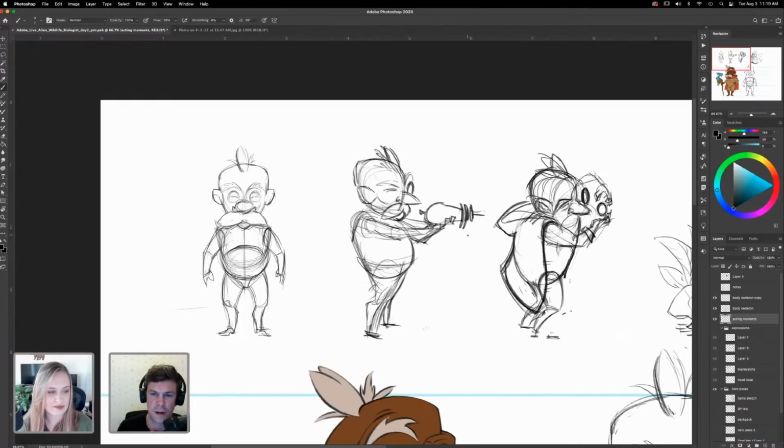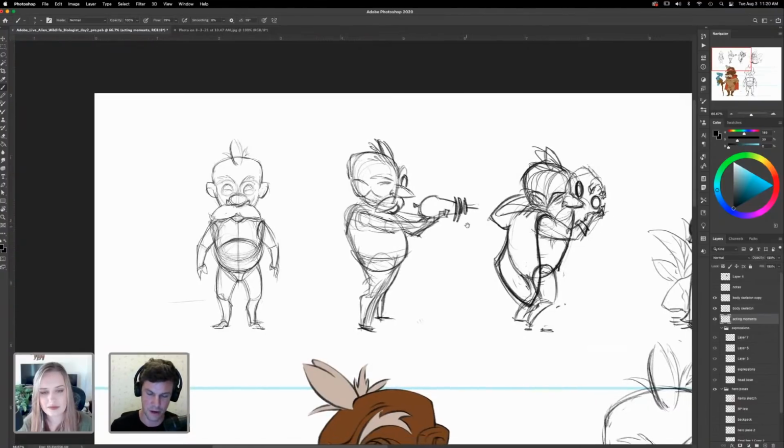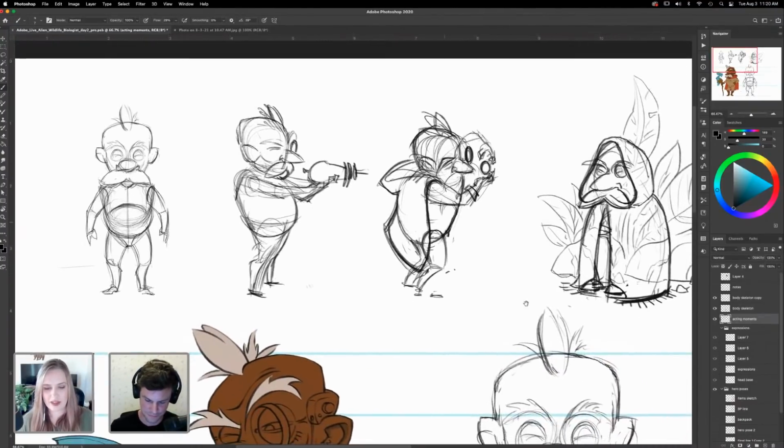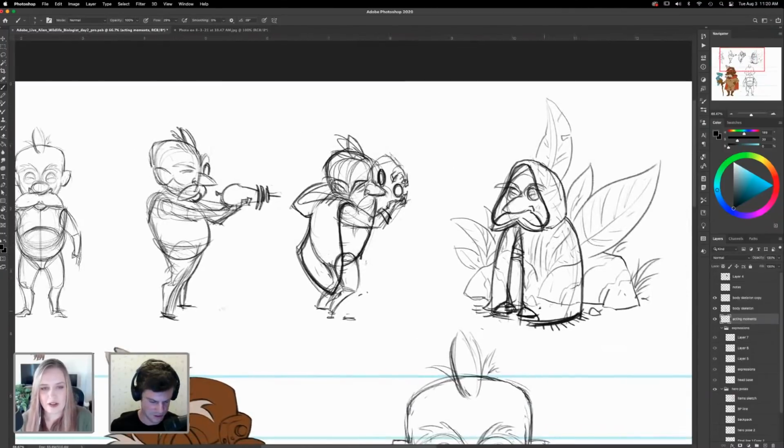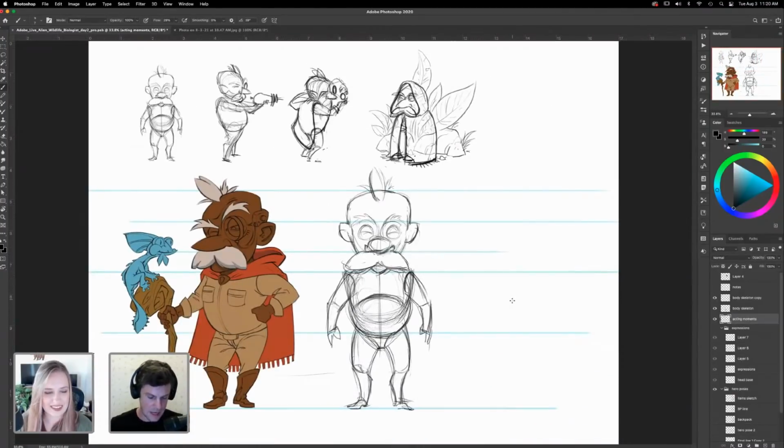I'll post it on my Instagram as well, but definitely check out the Behance profile. I'll post as much as I can from the process as well. I don't think I really did that last time. So I'll post up the process as well, so you can see where it started and where it ended. I'm really excited to see the final colors too.